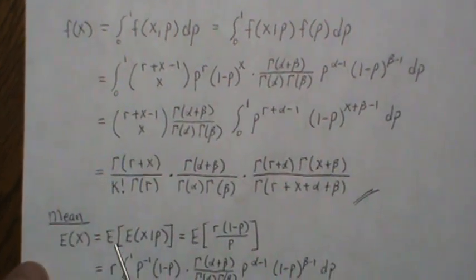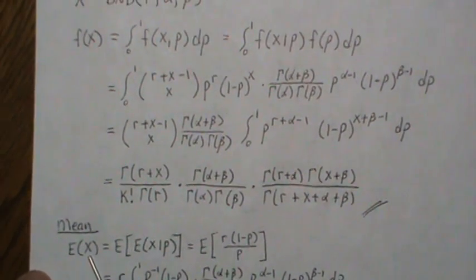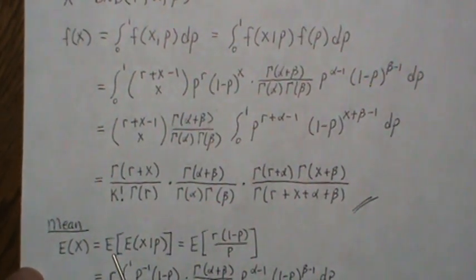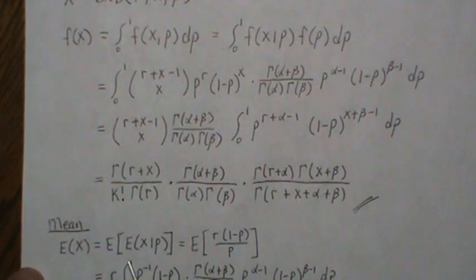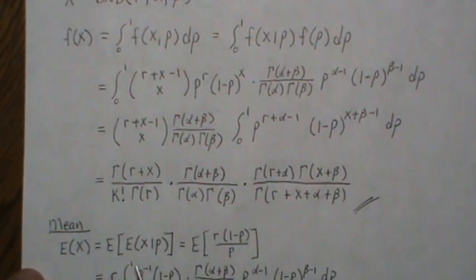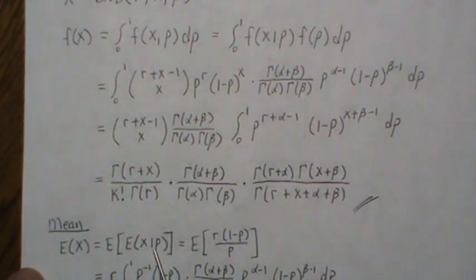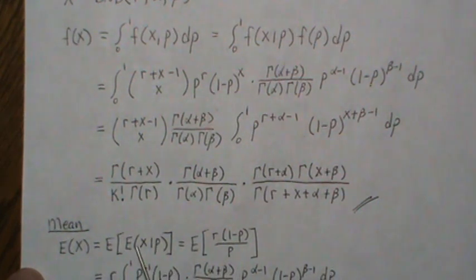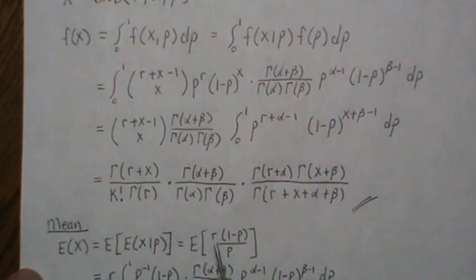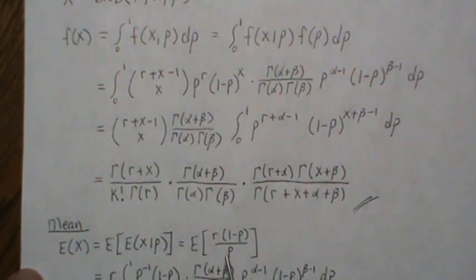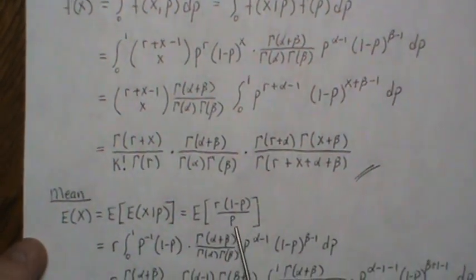Now the mean of x, we're going to do it in stages. So we're going to use the conditional mean. This is the same as this, but in here, x given p is a negative binomial, and we know the mean of it is r times 1 minus p over p, and then this expectation is in terms of p. So let's